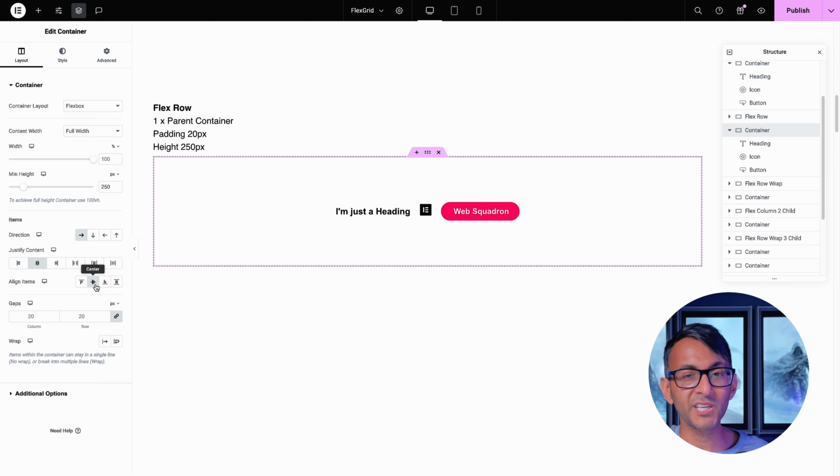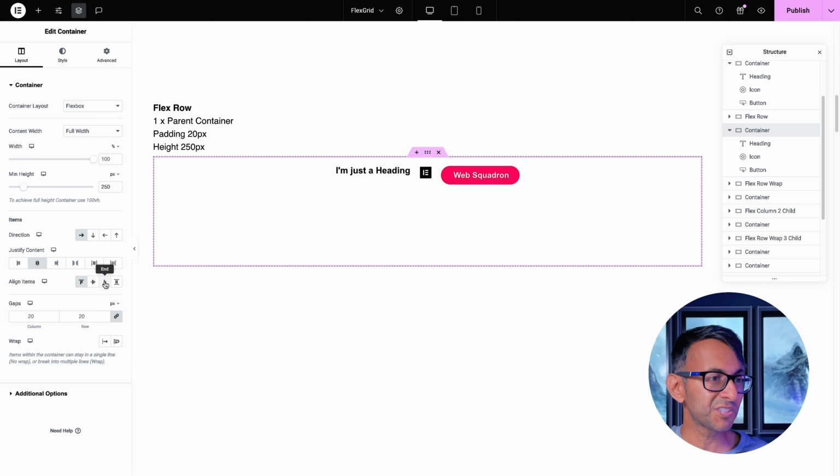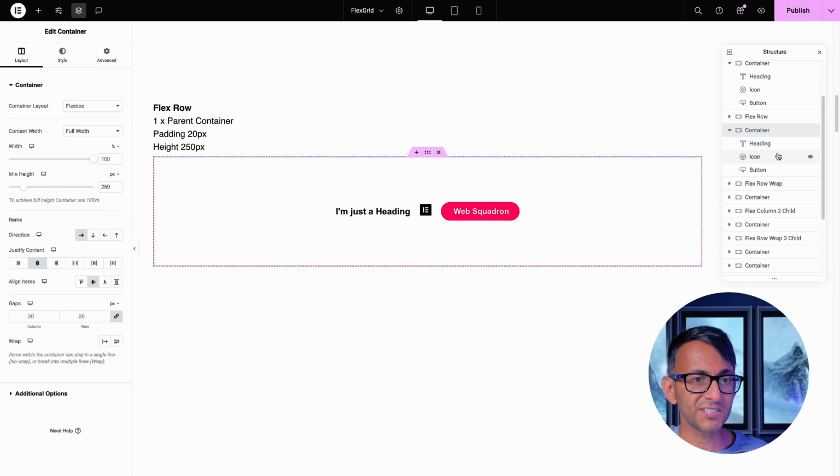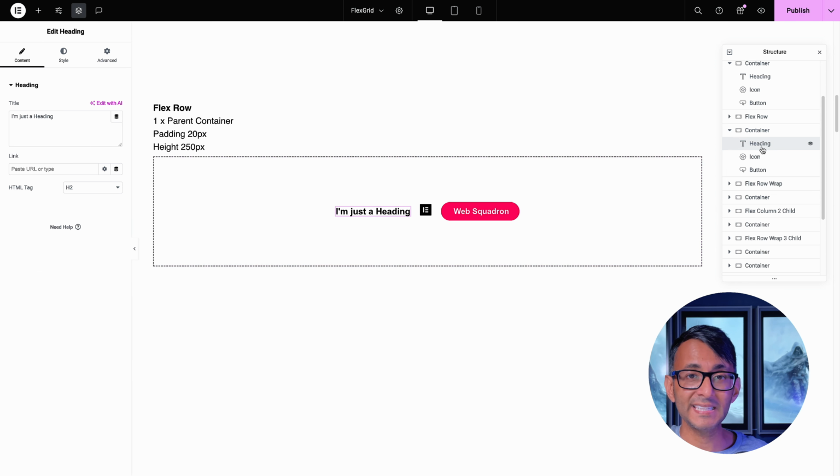Align items, we're currently in the center. We now go start, we go end, or you could stretch it. And again, it's the same kind of logic. Can you see if I hover over every single icon or element there? It now takes up the full height of this particular container. If we'd gone for start, you now see the pink line is only over the button, so that's the ultimate height of it. If we pop it back onto center and I go and click on the heading,